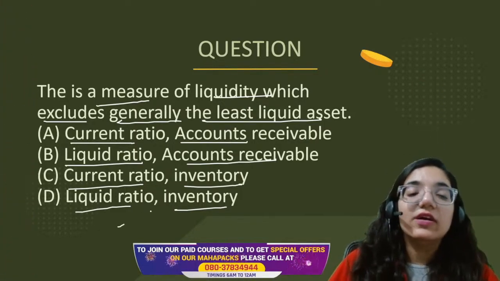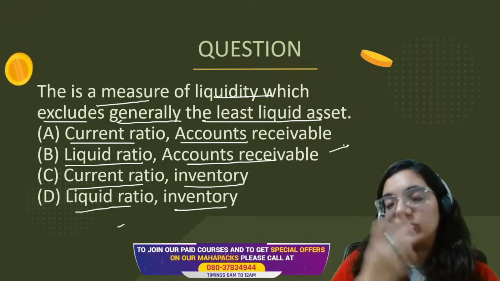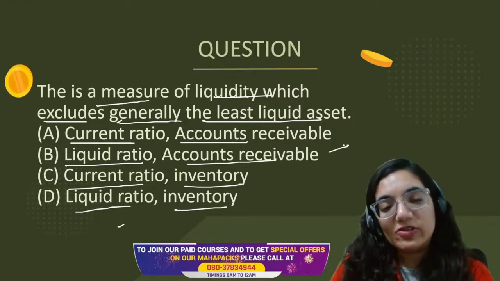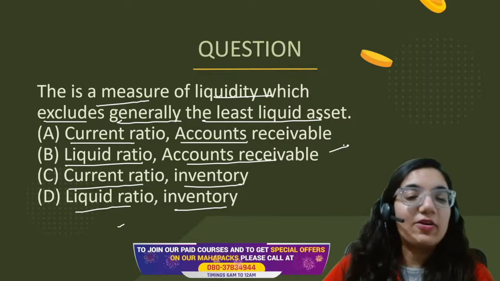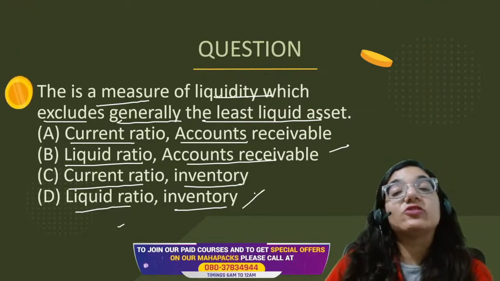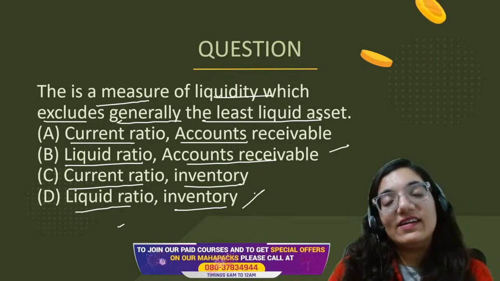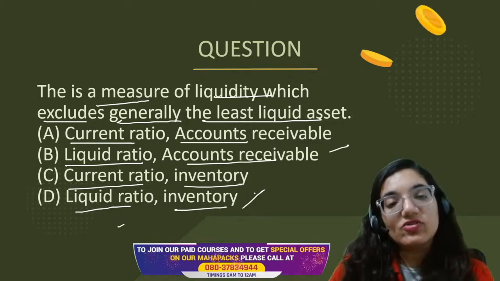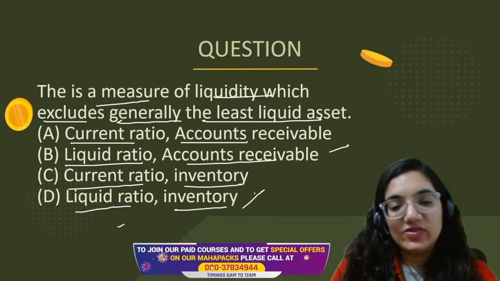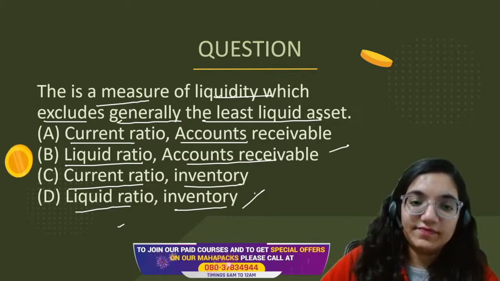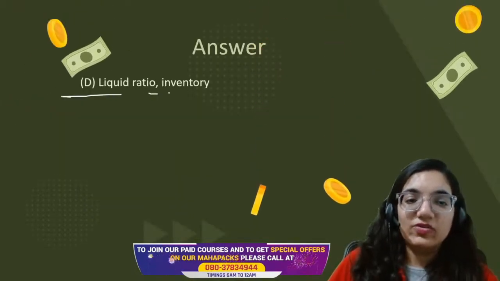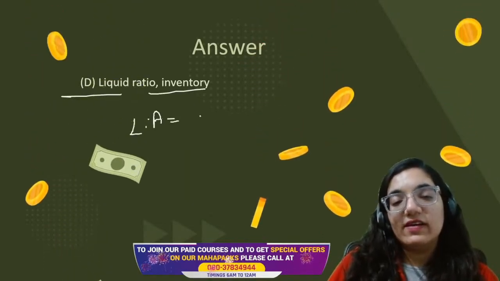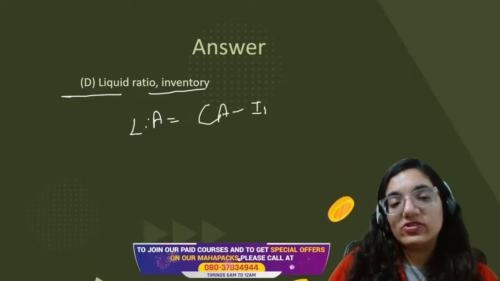But liquid ratio includes accounts receivable because we can pressurize the debtor: no, you need to give me money right away. Bill receivable can be pressurized, debtors can be pressurized, but you cannot pressurize and sell off your entire inventory, even if you try very hard, right? Until or unless you go on a loss, you will not be able to sell these things. So liquid ratio, inventory. In this case, the correct answer is liquid ratio, inventory. Liquid assets do not include, from the current assets, inventory